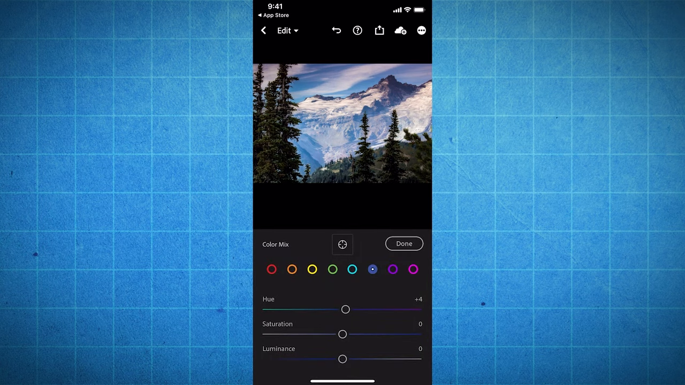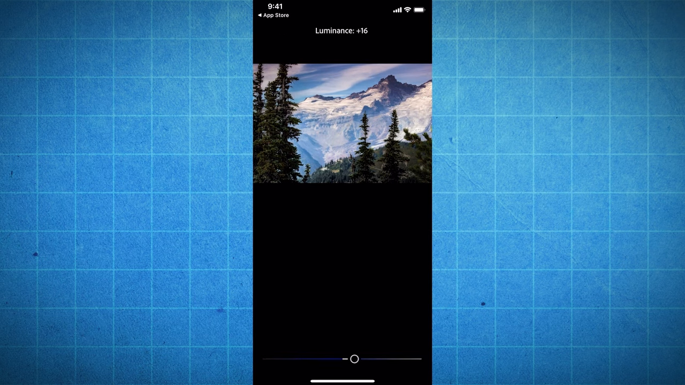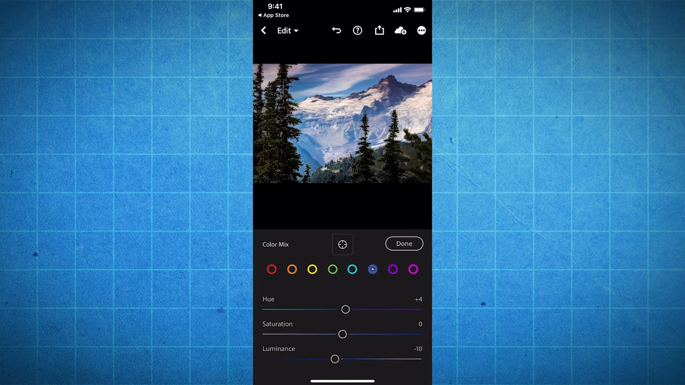And then same with the luminance. This is basically how bright that one color is. So if you wanted it to be really bright, you could make all the blues really bright, almost to a white. And then again, you can make them really dark and expose a lot more detail in those blues. Now I'm going to do just a little bit of a -10 maybe luminance on the blues. And then if I wanted to do the